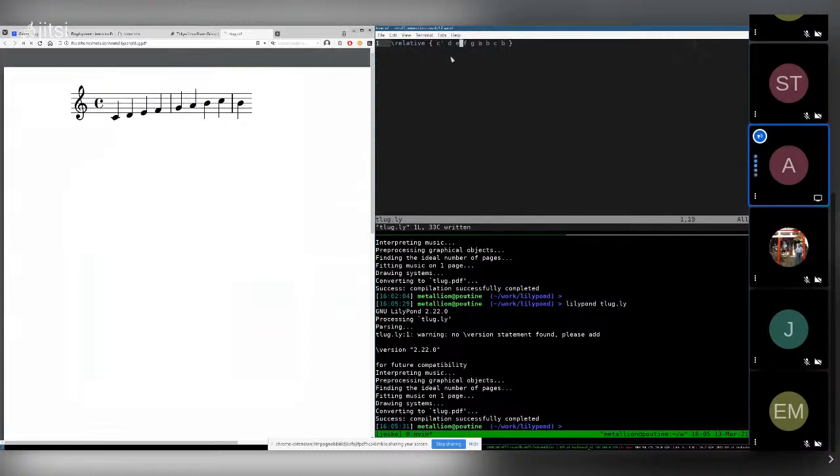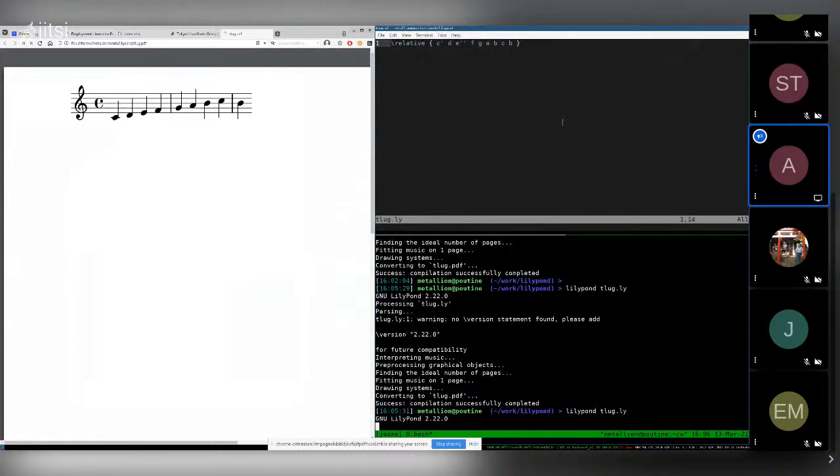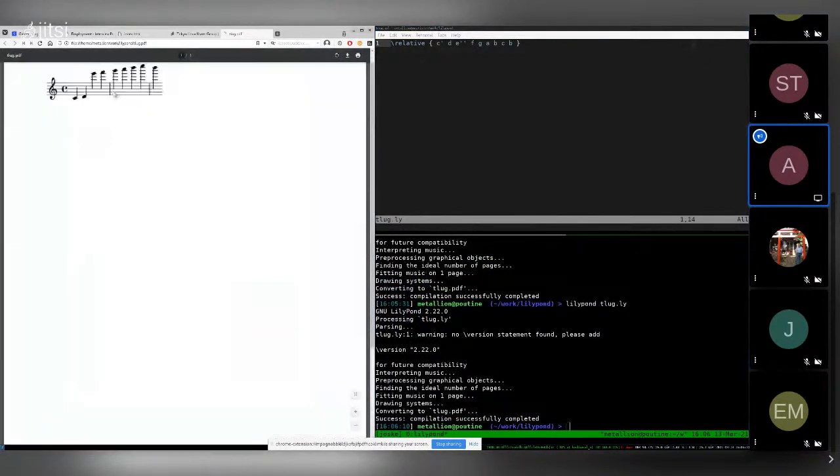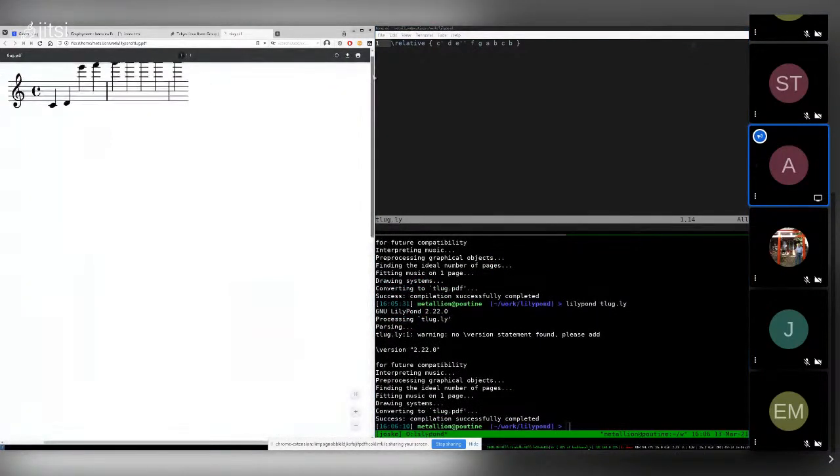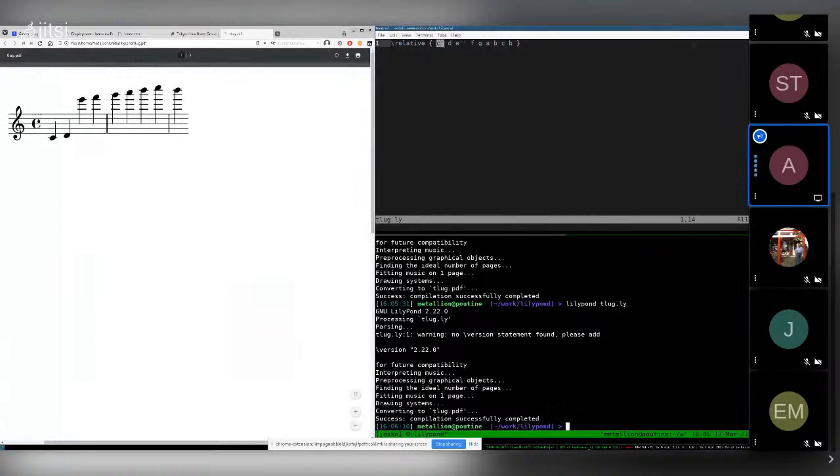Let's take, for example, this E over here. Let's say we want to bring this one up 2 octaves, while all the rest are only up 1 octave, because we have this apostrophe over here. And then compile this. First we have the C, and we say explicitly which octave we want it in.